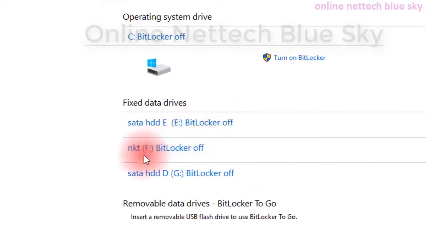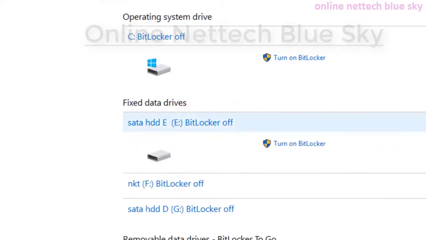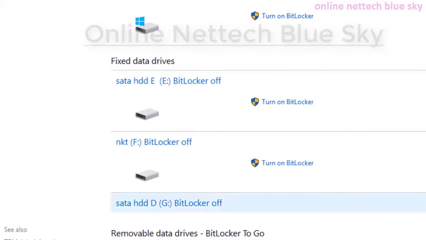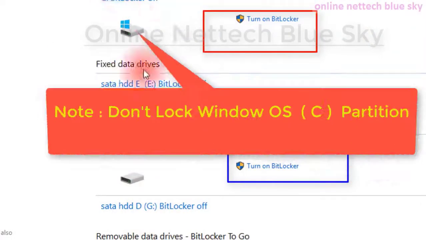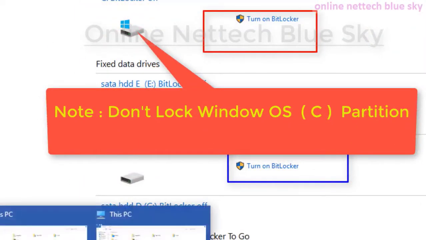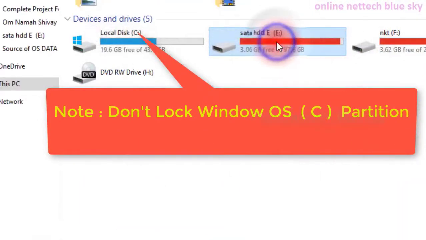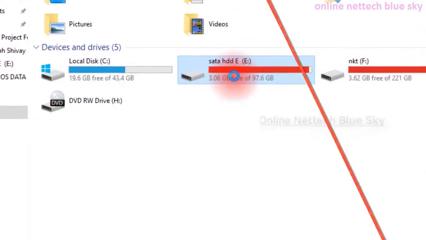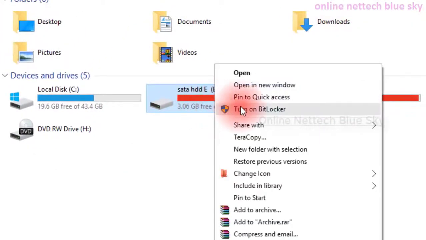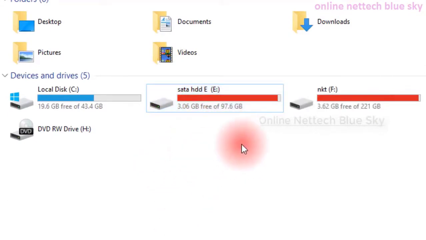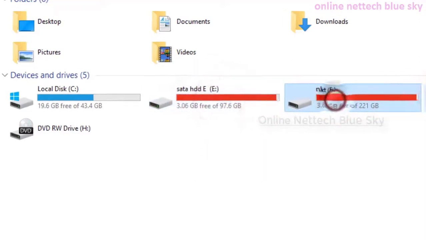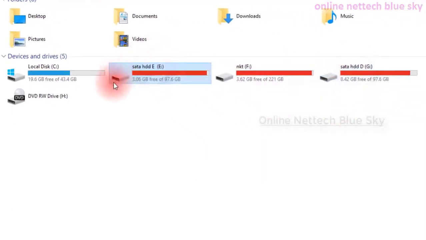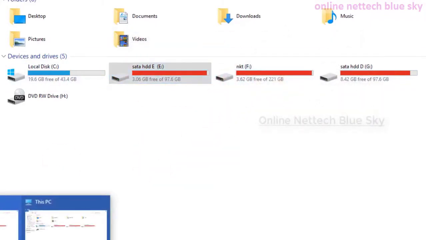So you can see just my Windows 10, and you can turn on BitLocker directly. I'm not using it here because I have already locked the operating system's main partition. You can see a lot of partition data here, and for this reason you can turn on BitLocker by right clicking here. I'm not doing this encryption because a lot of data is stored in my partitions, but I'm just showing it in Windows 7.